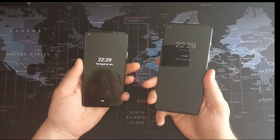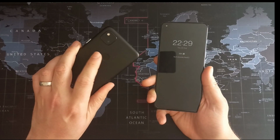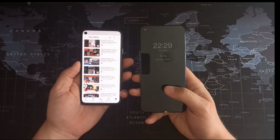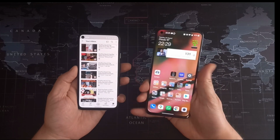The other thing about both devices, they've both got really good fingerprint scanners. So the Pixel 4a is on the back. It's even easier when you've got a case because your finger naturally slides to it. I don't normally like optical fingerprint readers, but this one's really good. So if you watch that, guys,